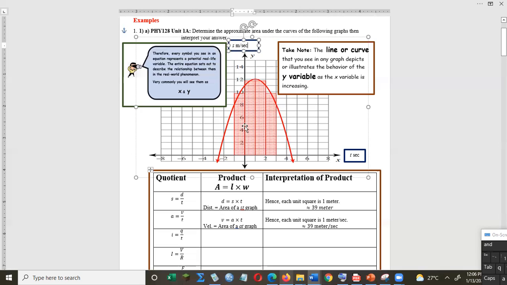And here, by counting these squares and approximating the parts of the squares that are not so full, taking one to make one, we get approximately 49 meters if the y was speed and if the x was time. If the y was velocity,